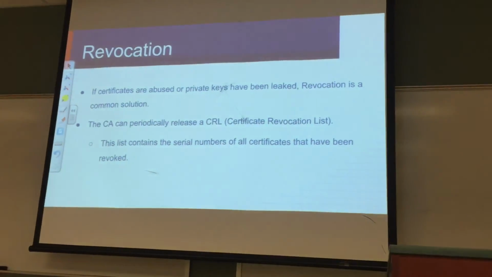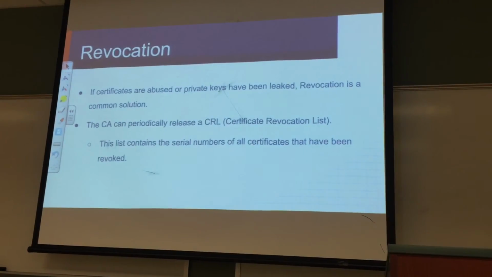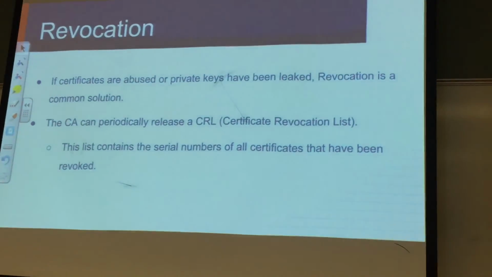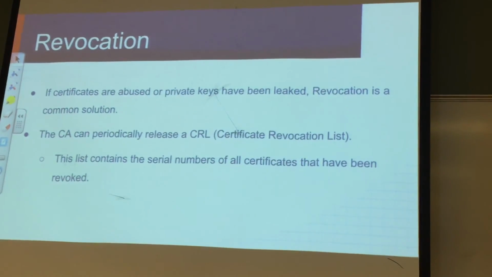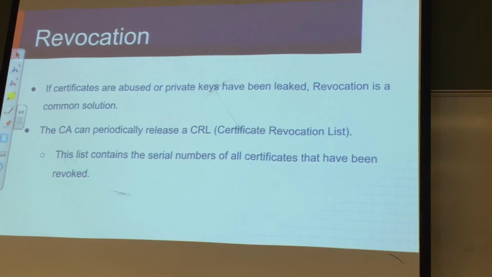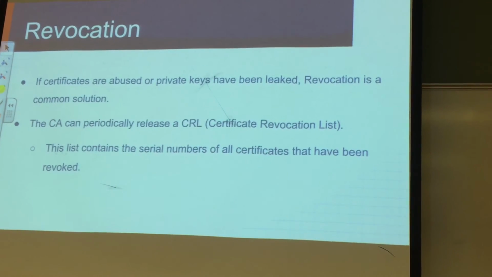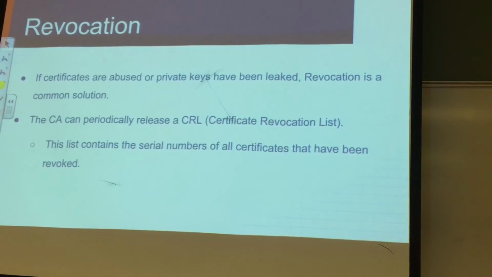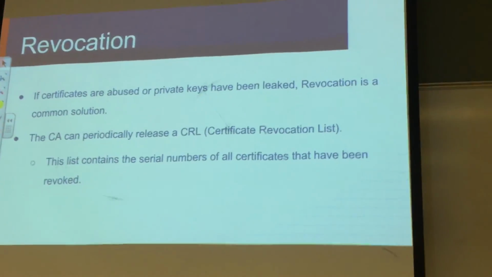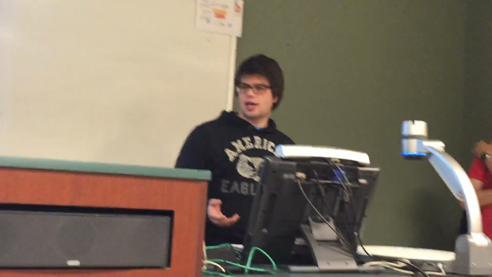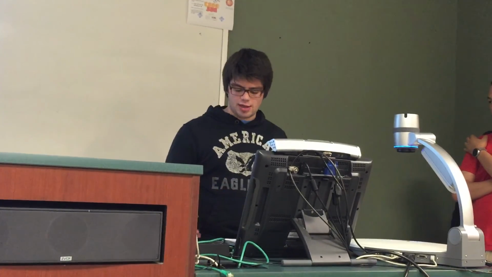The way this works is that the CA will actually release a CRL, or a certificate revocation list, and that can be checked, and it will contain all the serial numbers of all the certificates that have been revoked, so that people are up to date on which certificates are valid and which aren't. They also come with expiration dates, so these things don't last forever either. And I think that